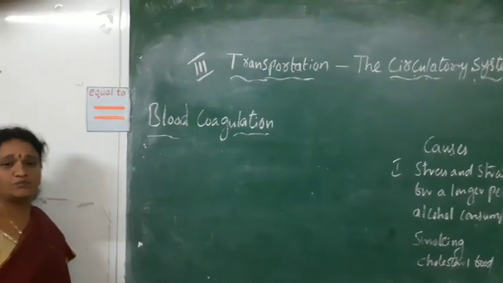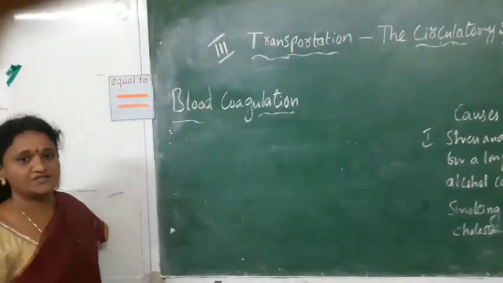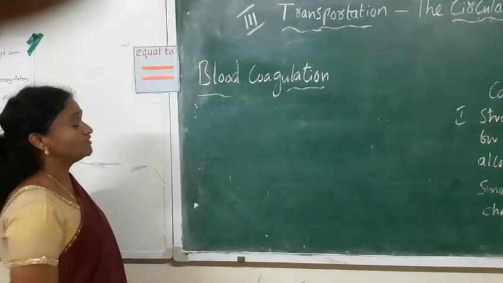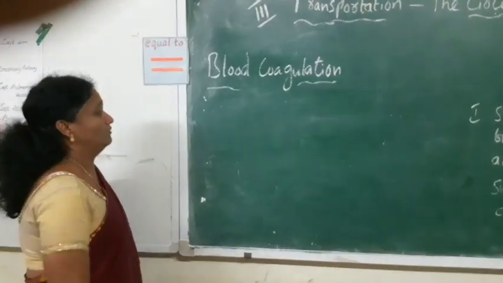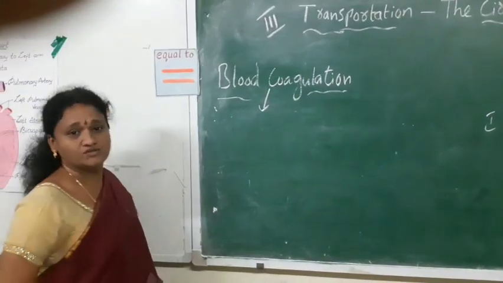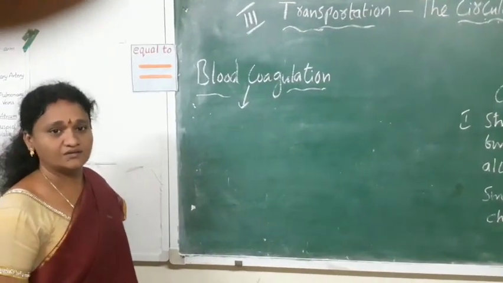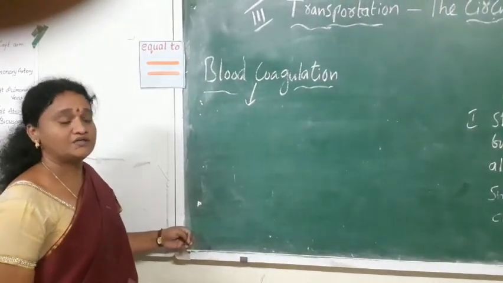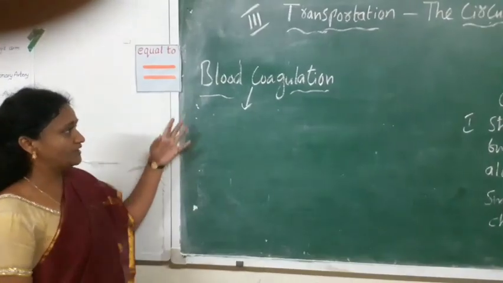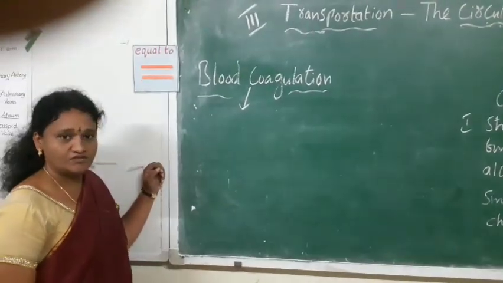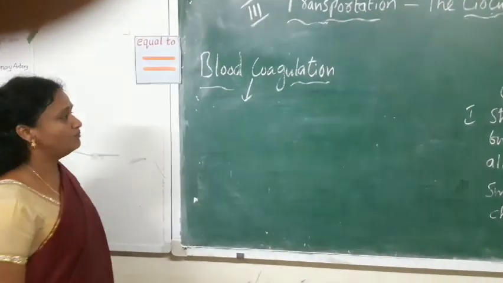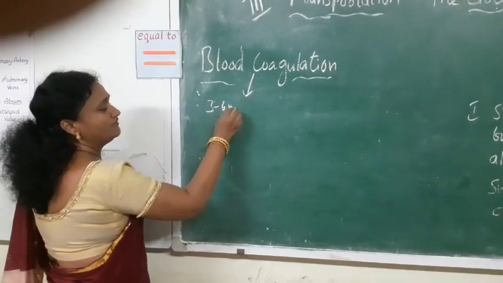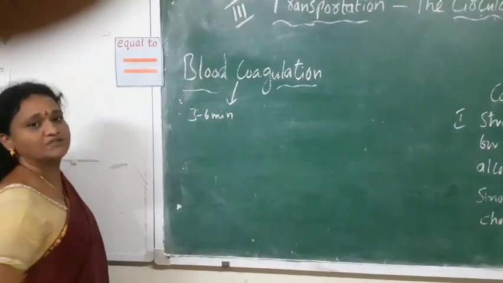You might have learned about blood groups and blood cells in the 9th class. Next, the most important topic we'll be seeing is blood coagulation, which is necessary to keep us living. Whenever a cut or injury occurs, a large amount of blood will be lost. If there is no blood coagulation, it may result in the death of the person. Now let us see how blood coagulation occurs. Whenever any cut or injury occurs to our body, blood flows out. Within 3 to 6 minutes the blood will clot. That is nothing but blood coagulation.